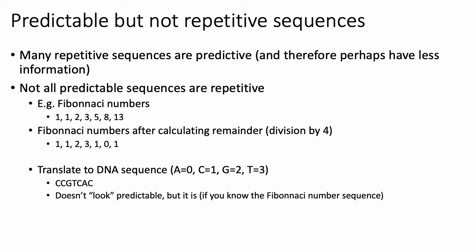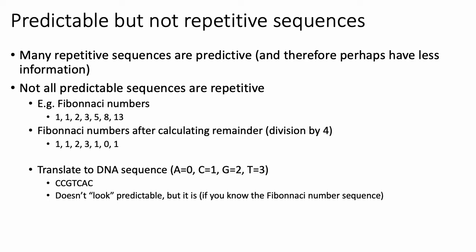But it's important to note that although a lot of these simple repeat sequences are predictive and therefore less random, not all predictable sequences themselves are repetitive, right? Consider, for example, the Fibonacci numbers. The Fibonacci sequence starts with the numbers 1 and 1, and the next number in the sequence is the sum of the previous 2 numbers. If you look at the sequence 1, 1, 2, 3, 5, 8, 13, you'll see that